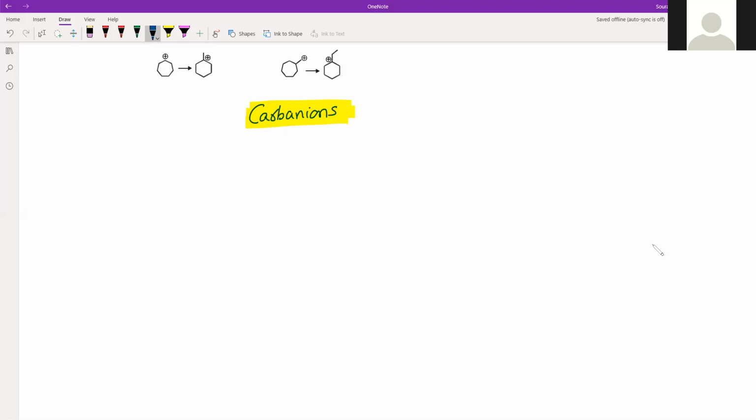For that, it has to be attached to an electronegative substituent, which are easily available. Most of the elements in organic chemistry which you will see, that is halogen, oxygen, nitrogen, sulfur, all are more electronegative as compared to carbon. So in such cases, if there is a cleavage of bond, carbon gets a positive charge. Very few compounds you will have where the carbon will get negatively charged, because in that case carbon has to be attached to a more electropositive element. Mostly they are metals, right?